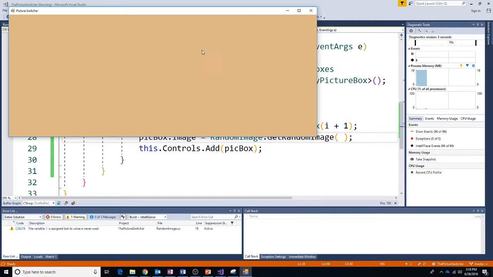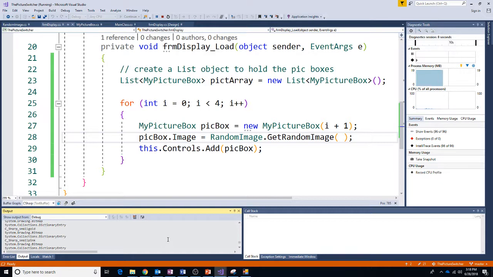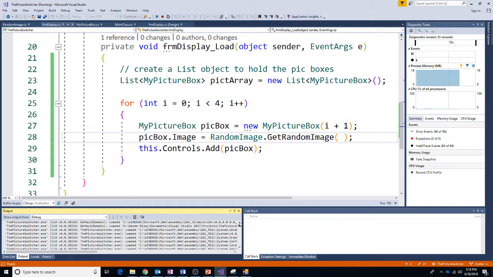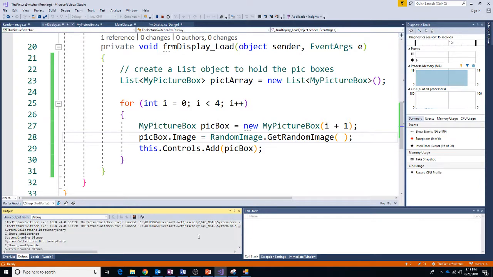Now I see that I have nothing here. That's all right, because what I want to look at is my output and see what kind of information I got from those console.writelines. If I scroll up to the top of my output, and apologize, you're going to have to look at yours a little bit bigger, I see that I've got system.collections.dictionary entry, then a name of one of my pictures, and then system.drawing.bitmap. So for each of those different, there it is,